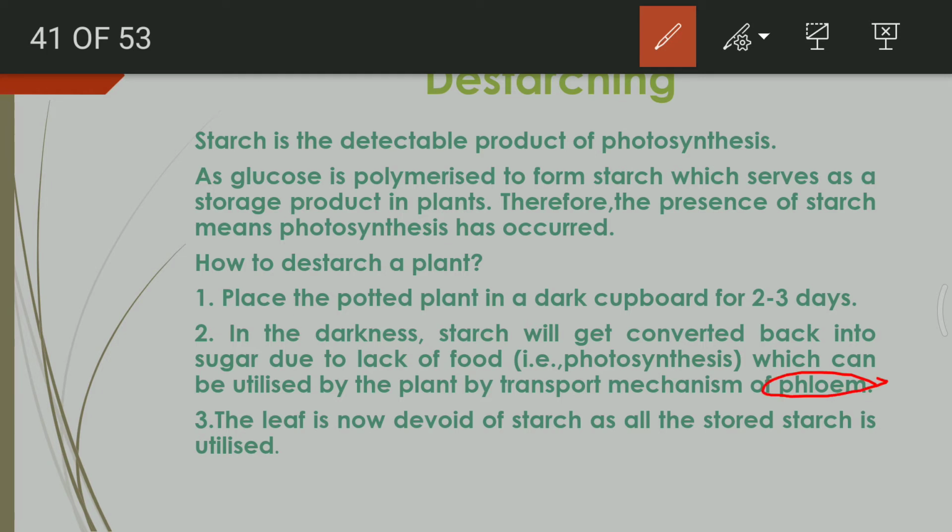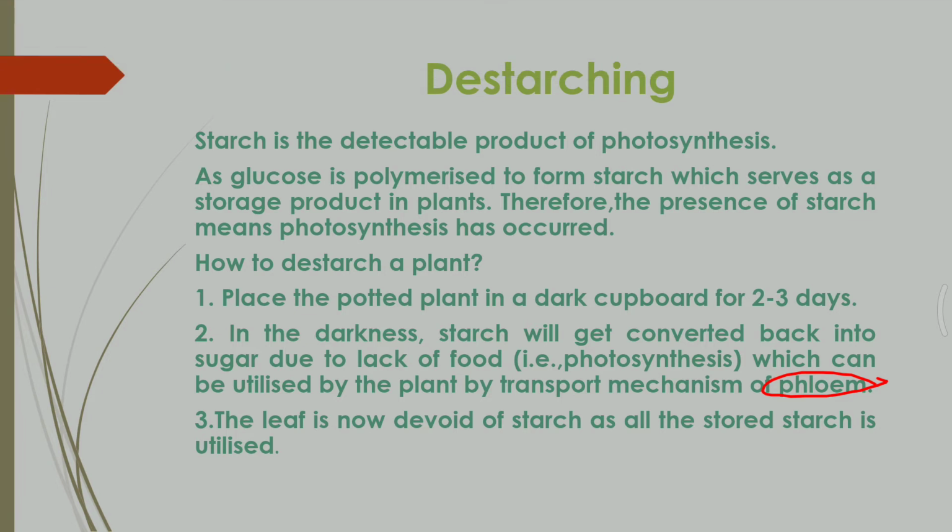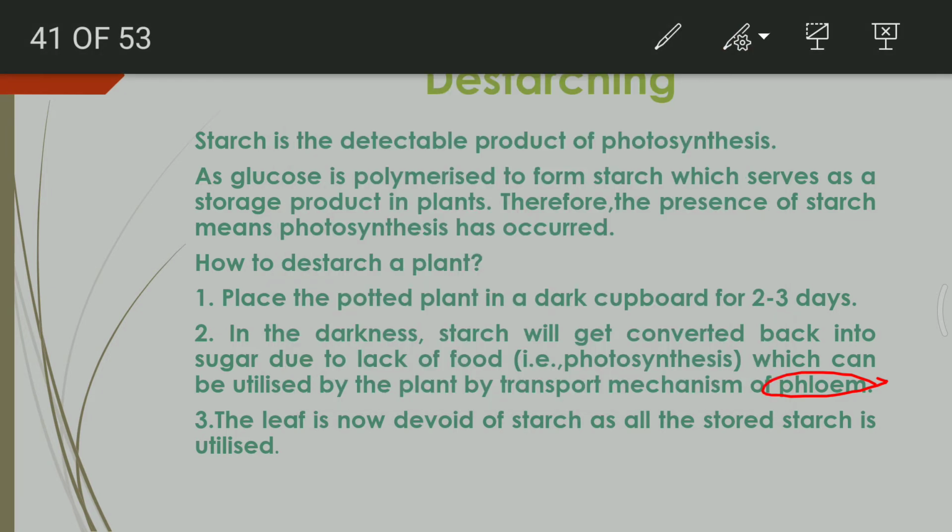phloem. The phloem helps in transporting the reserve food material, which was starch, after breaking it down into glucose, and that glucose moves with the help of the phloem to different required areas for energy formation. With this idea, I hope it is clear that destarching is just the removal of all the starch in the plant's body. Now, the next intention is to see how we perform the entire experiment.